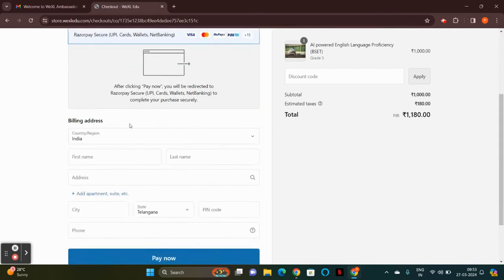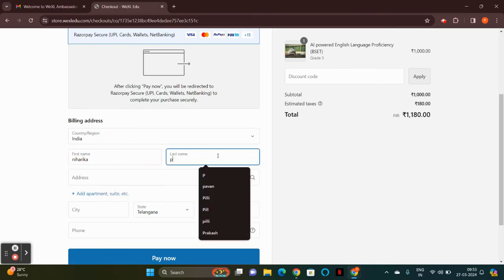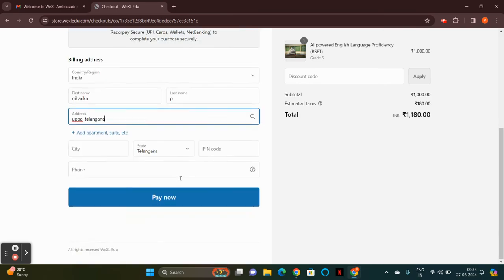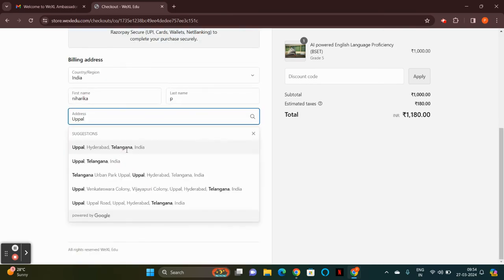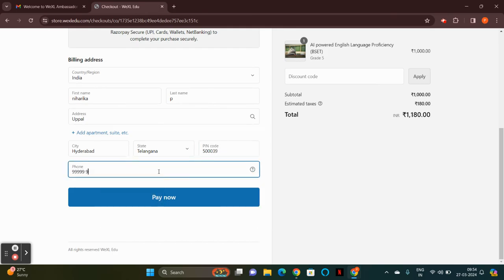Then filling the billing address. Give a pin code and the phone number.